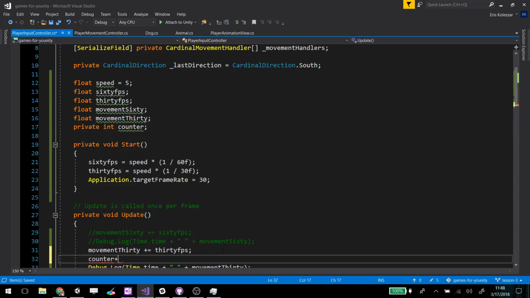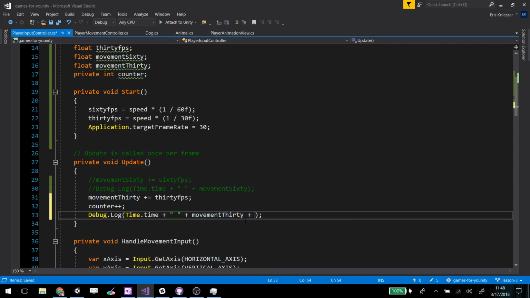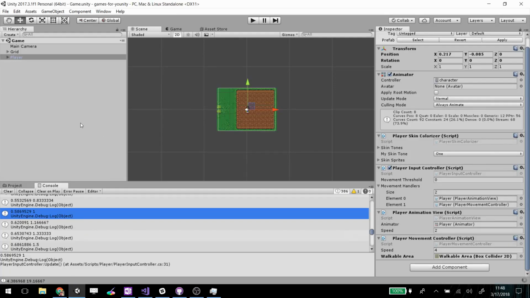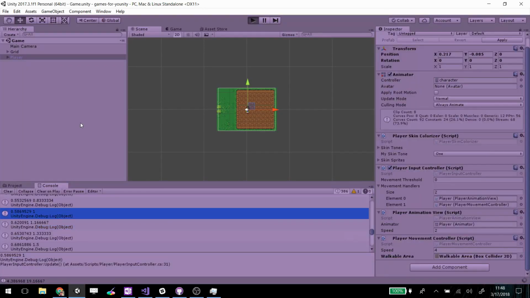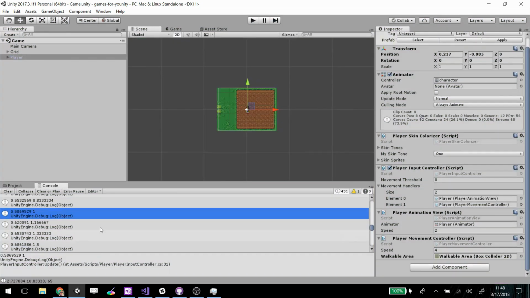Also, you showed us a really cool way to show something in the debugger, which is nice. I did. I did not go over that, but I'm going to put a counter in here just to see how many times we are running update every frame. I should have put that at the beginning. Oh, wow. Unity is so cool. Okay, so it's telling me